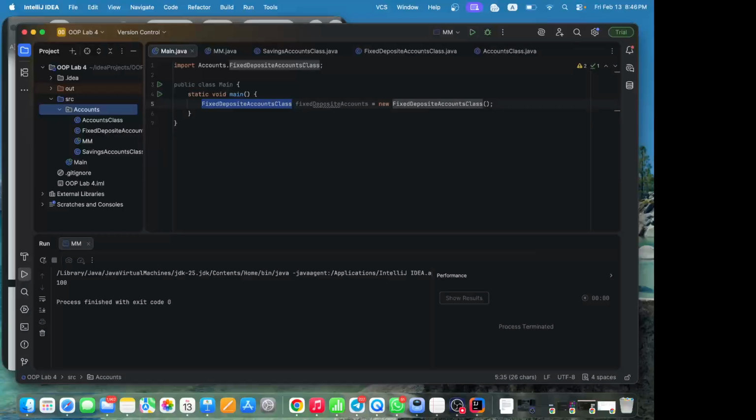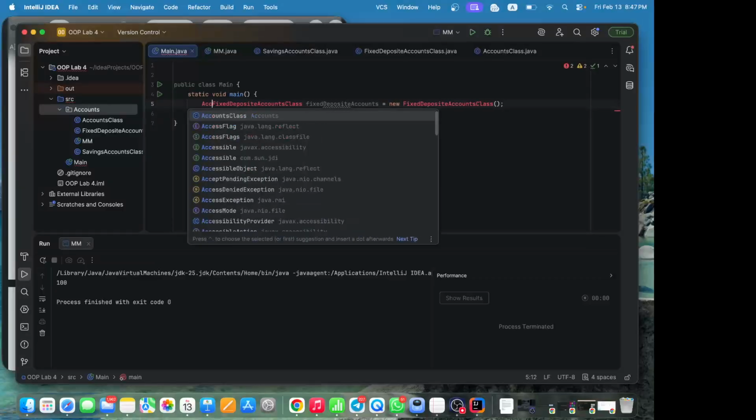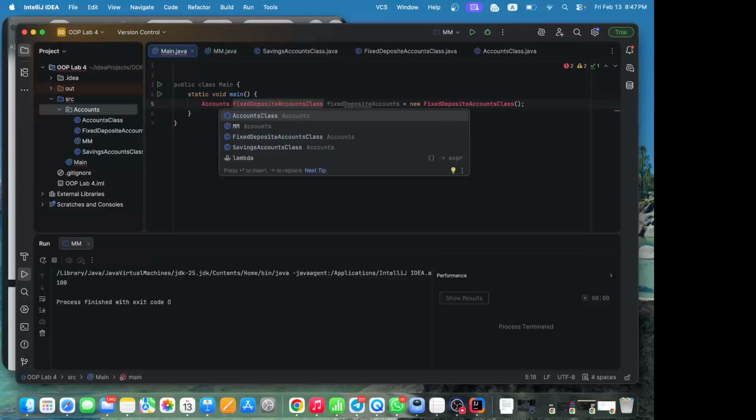So if you want to use that, you have to import that class like this: first the package name, then the class name, then you can use this class name to create its objects. And if you do not import this one, then what we will have to do is